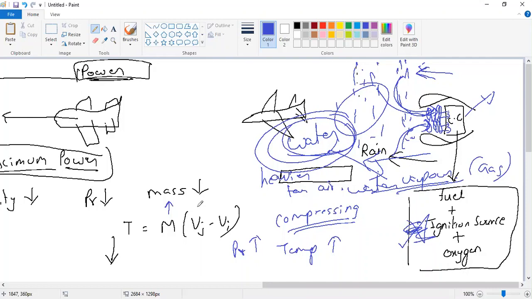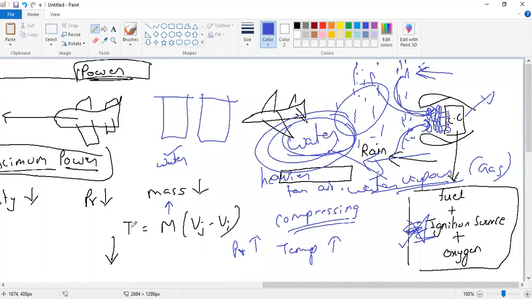correct? If we compare, let us say I take two containers. In this container, I completely fill it with the water till here. In this container, I fill it with the air. And if I weigh both the containers, it is 100% sure that the container with the water will weigh more, right? Correct? So if the container with the water is going to weigh more, my mass will increase.